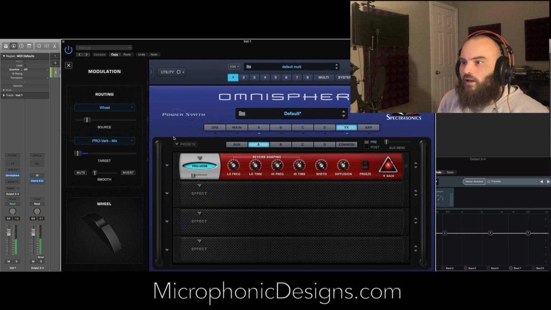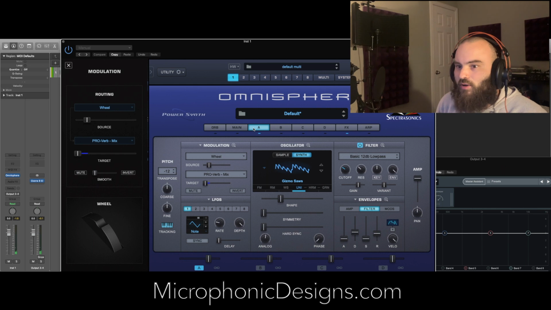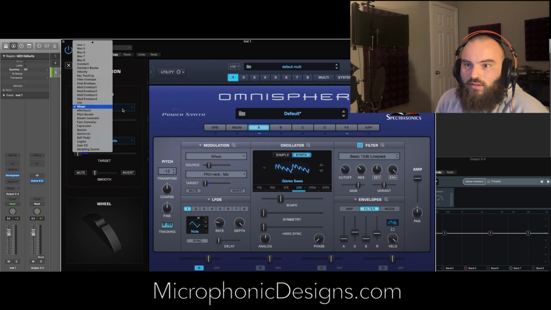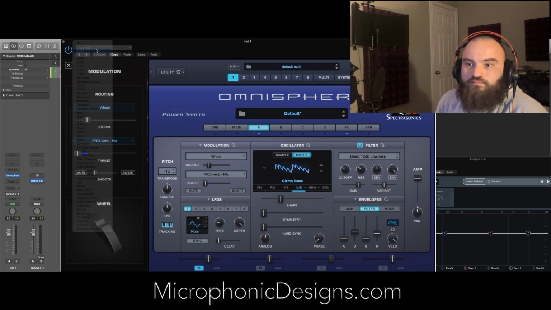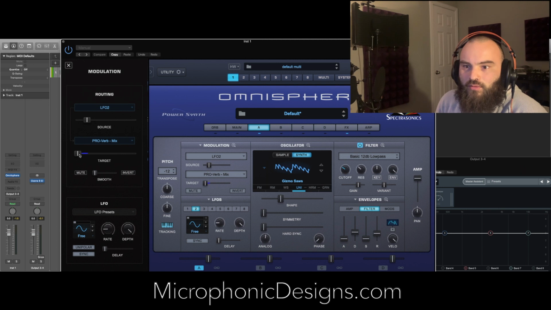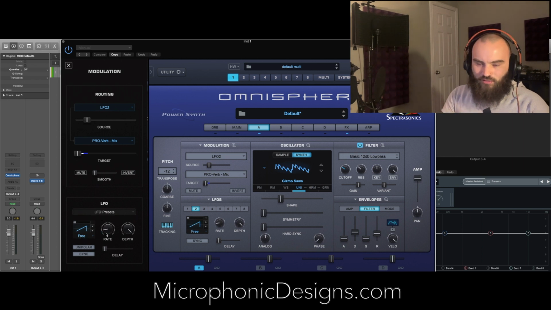Kind of cool. Let's see. Maybe we could also do that with an LFO though, right? So maybe instead of the wheel, maybe we pull in LFO2. And with LFO2, again, we're still going to keep the source amount down pretty low. We're going to keep the target pretty low. And maybe we do this so that it is a sawtooth, reverse saw, there we go. And we have this pretty low. So as we hold down this pattern,